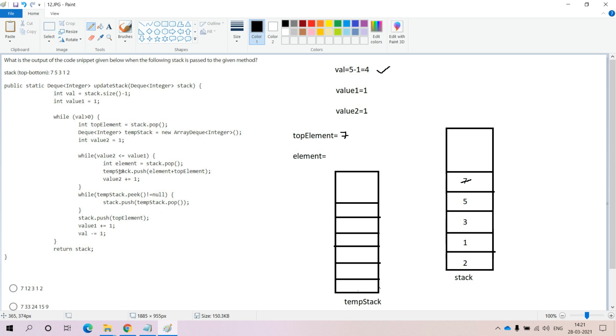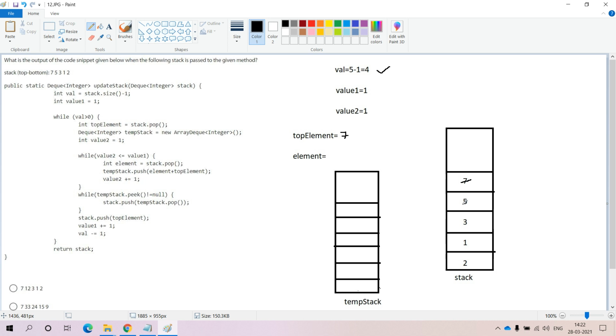Within the while loop, we are taking one local variable, element. Within that element, we are popping from the stack. Already 7 was popped from the stack, so the next topmost element available in the stack is 5. We pop that and store it in the element variable.